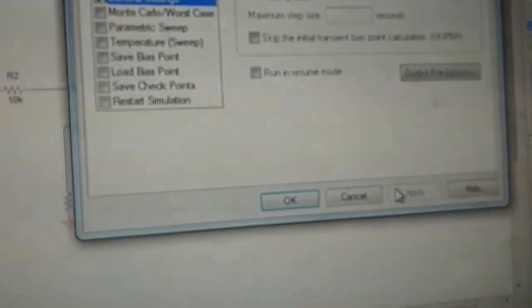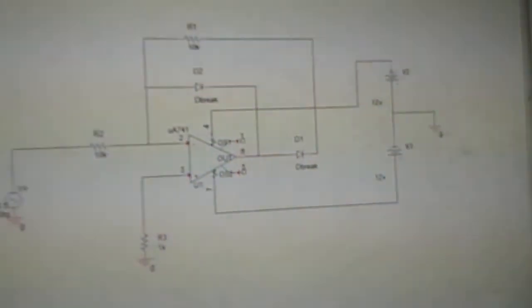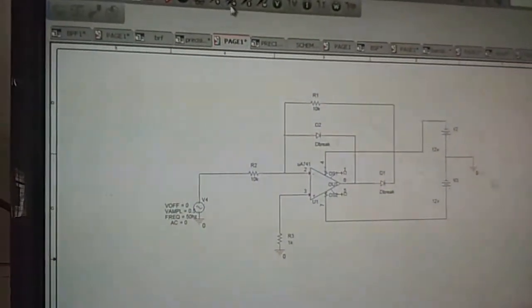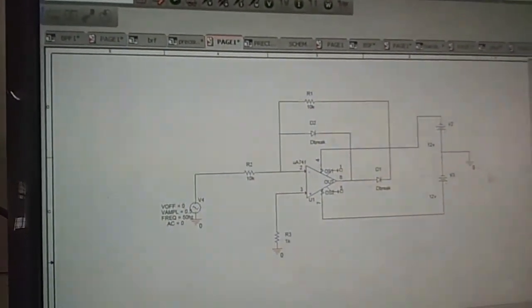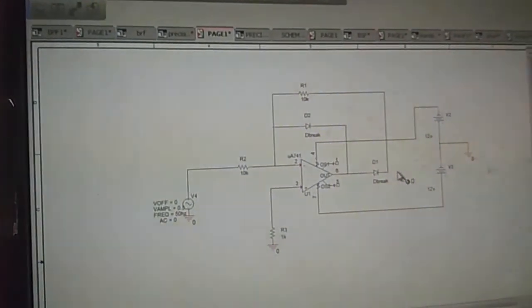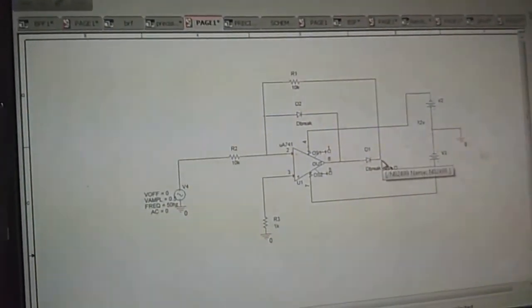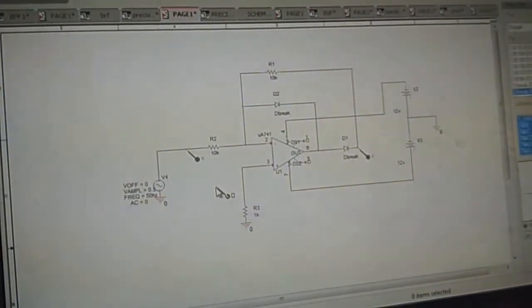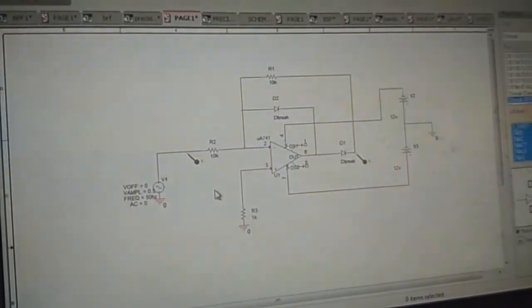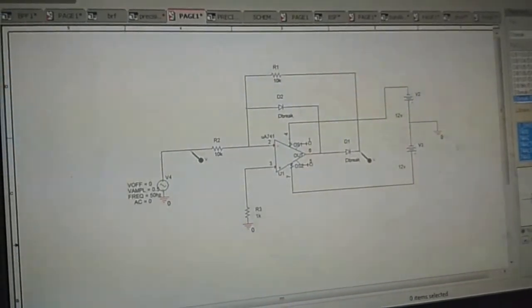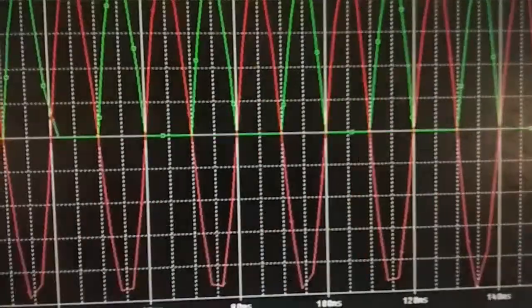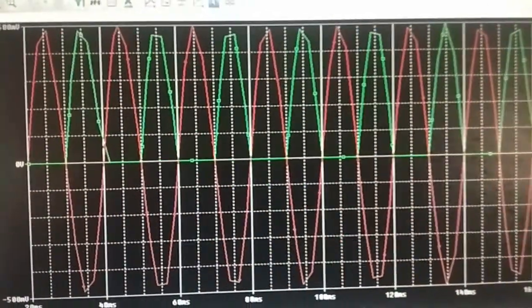We'll save this. Okay, now we can place the probes for running the execution. We'll place the probes at the input and output. Once we place the probes, we can start the simulation and we'll get the response.